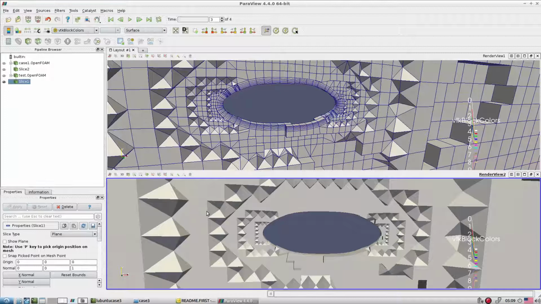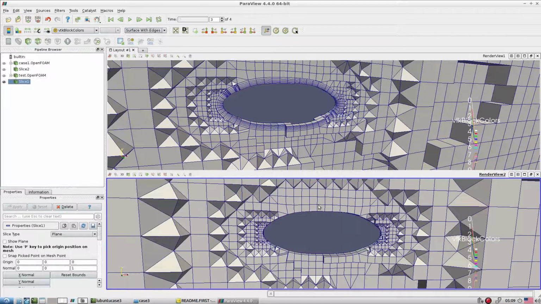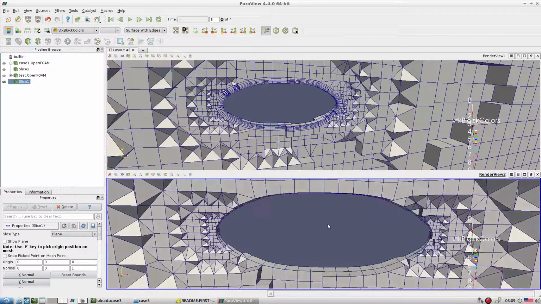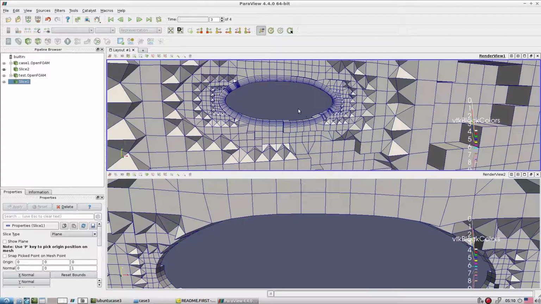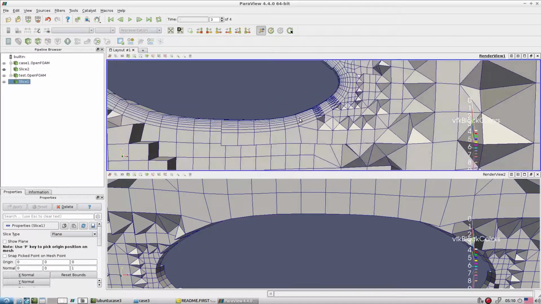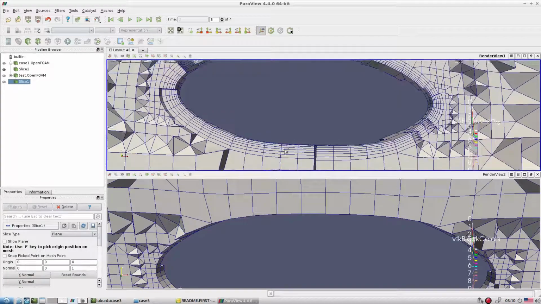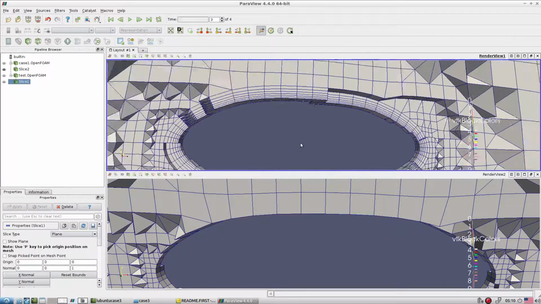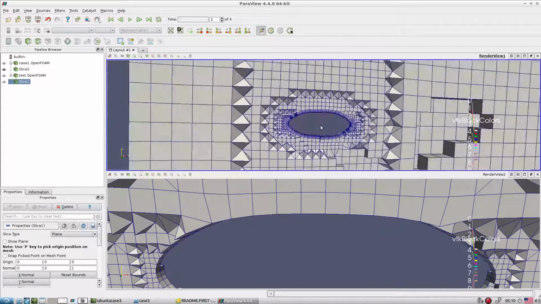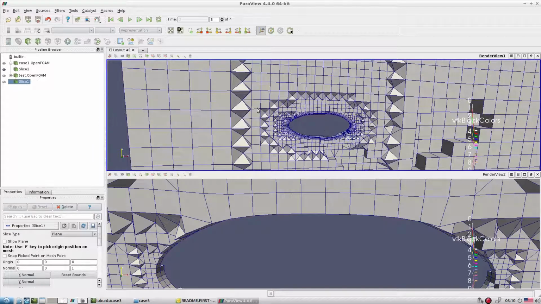So if you look here, in the previous case we don't have a body fitted layer, but in this case we have a nice layer mesh. Okay, so we gave 6 layers over the surface, and that is constructed here very nicely. Okay, so that is the difference. Here we have, let's go to a few more differences. Okay, so it gives us the exact idea.